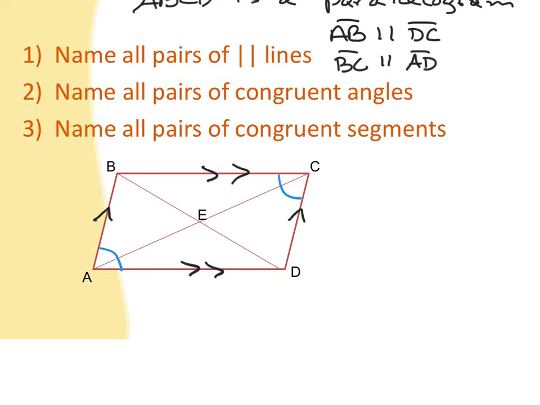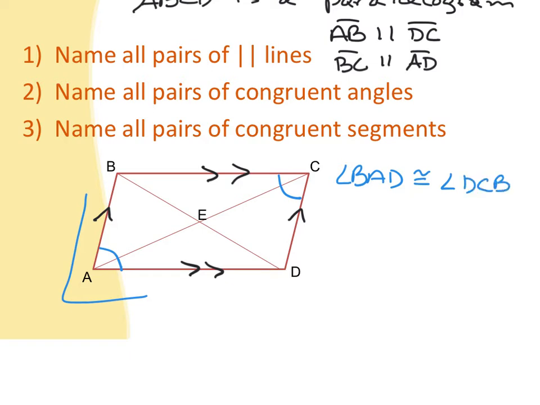Now, because they drew in those diagonals, I can't just say A is congruent to C. I need to name these angles with 3 letters. So I am going to name this one angle BAD, which is congruent to angle